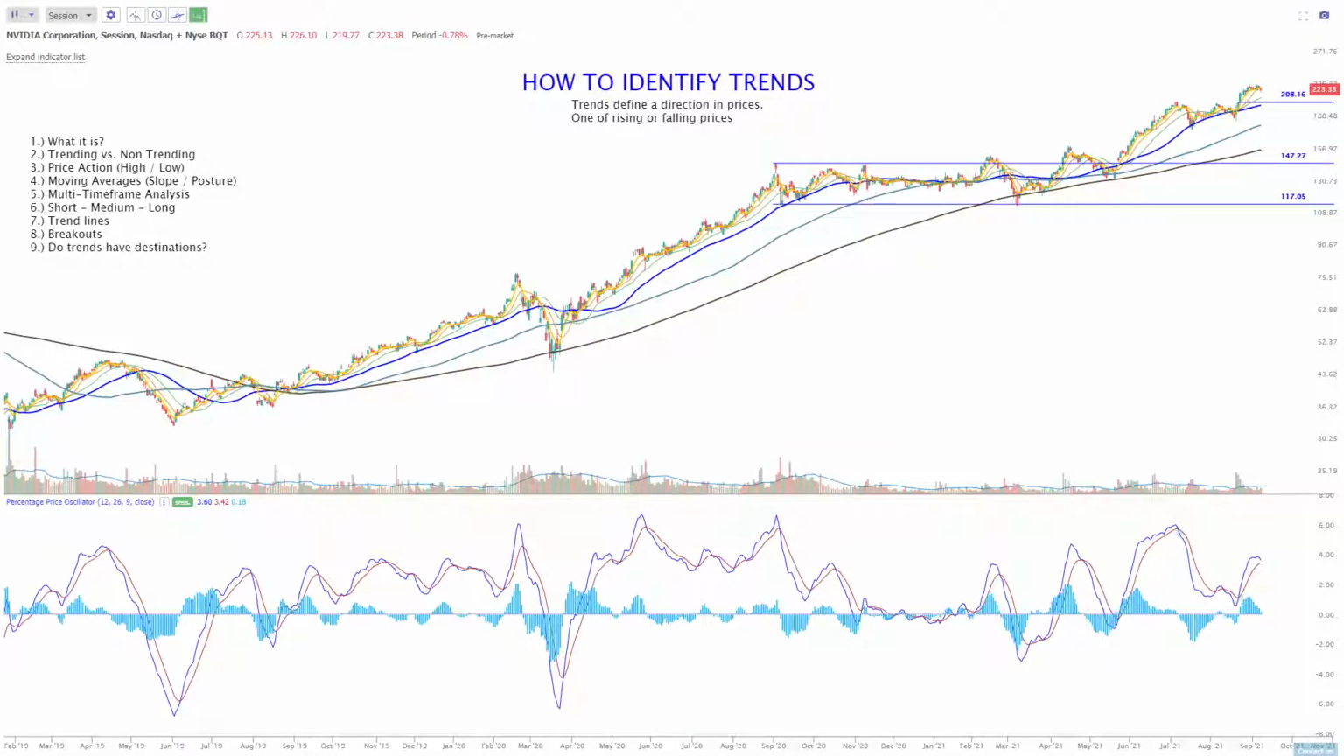In this video, we're going to review how to identify trends and how I use this data in my everyday market analysis. So the first thing we'll do is discuss what the trend is. What's the textbook definition of a trend? Then I'll go through the concept of trending and then not trending, or range trading. We'll look at price action, highs and lows, and how we can use that data to conclude definitively what the